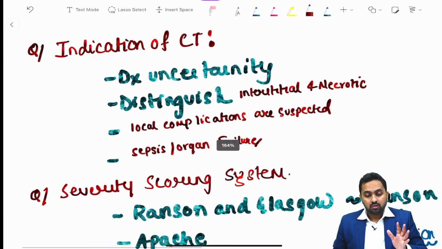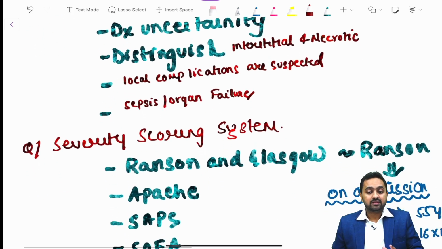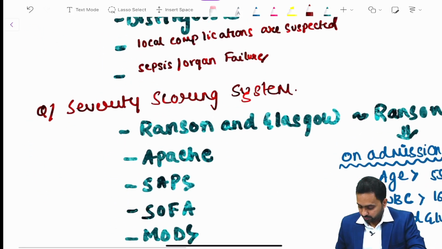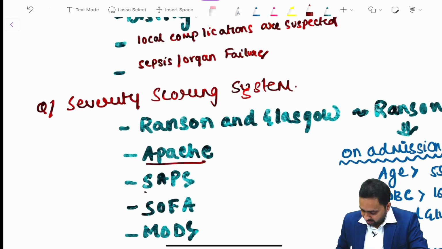Now, in acute pancreatitis there are various severity scoring systems which include Ranson, Glasgow, APACHE, SAPS,